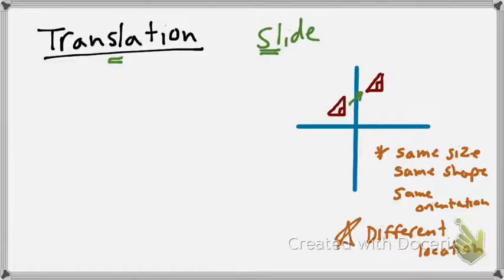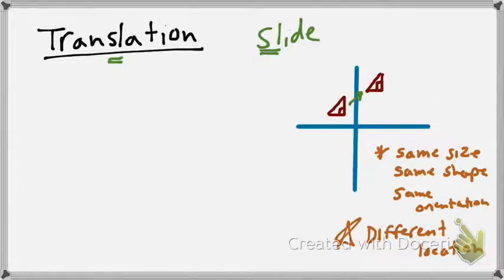No. So when we say same shape, we mean the angles are all the same. If they give you a question where it says, which of these statements is false? And it says that translation changes the angles, you know that's false because translation gives you the same shape, therefore